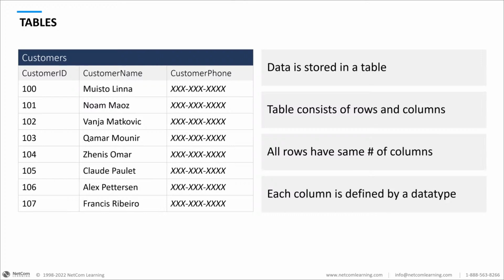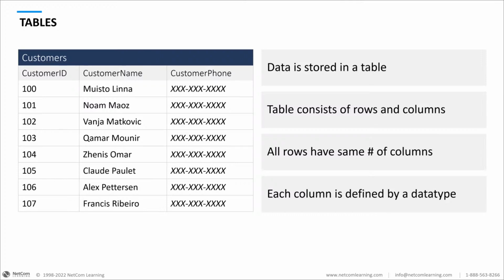So we can do a number of things. As an example, the customer ID would generally be an integer because it's a limited number of values. In this case, it's a 3-digit code, and an integer would be a very simple way to store that number. There's not going to be any decimals. There's not going to be any duplicates. It's just going to be a single integer number for every customer.